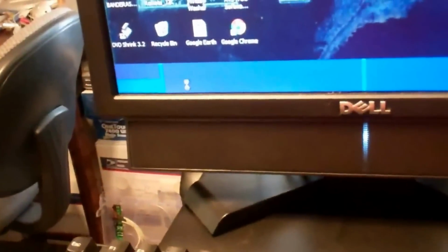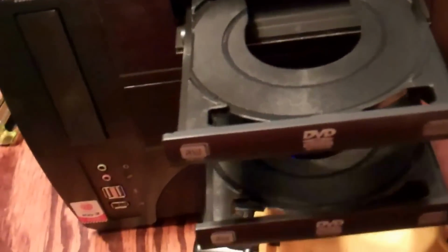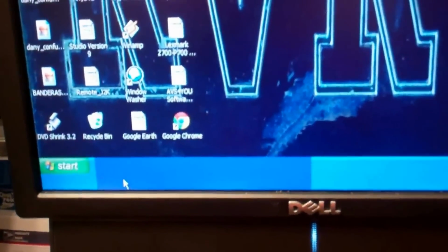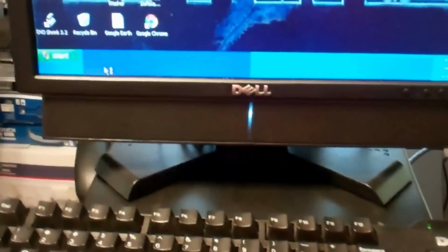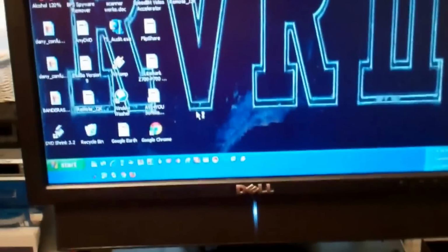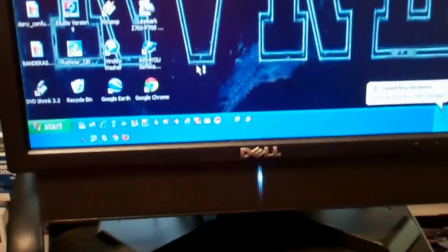So I want to make sure all my hard drives are getting picked up. Check my disk drives. Yep, both disk drives work. Sweet. So now we'll get to my computer whenever it gets done here. I don't even have this one on the internet anymore, since XP is expired, which is fine. For my video editing, that's all I really need, is something that operates, captures properly, doesn't drop frames and all that. I could use it on my Windows 7 Pinnacle Studio 14, but